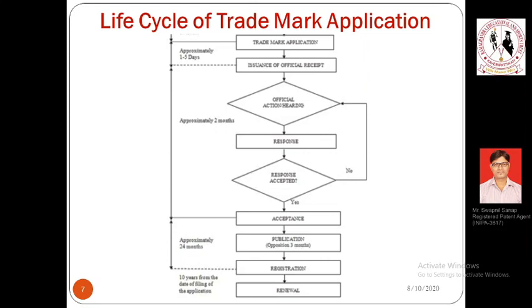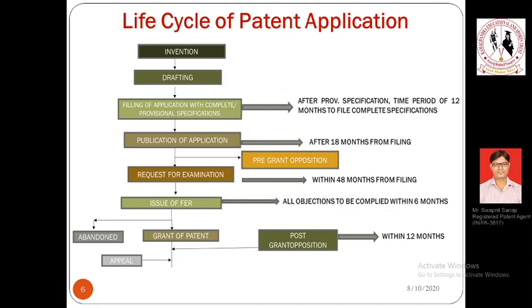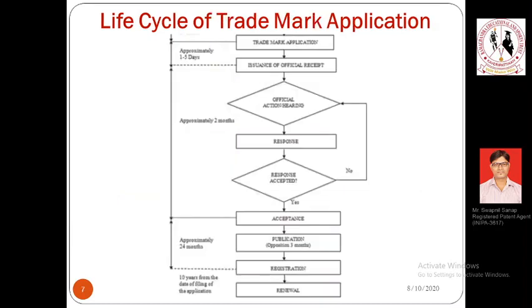Now, after the official receipt is issued, within a time period of around 2 to 3 months, the examination starts. If you recall the difference in the patent, the examination starts at the bottom. For example, the request for examination is filed at the second or third last step, and only then does the examination happen. However, in contrast to this, there is no requirement of filing a request for examination for a trademark application. This is very important to understand. This is a slight difference, a very thin line of difference, between the life cycle of a trademark as well as patents. The office action, that means the examination report, is issued by the authorities